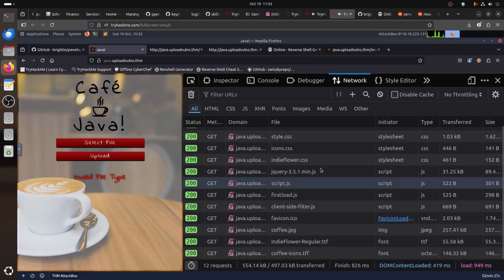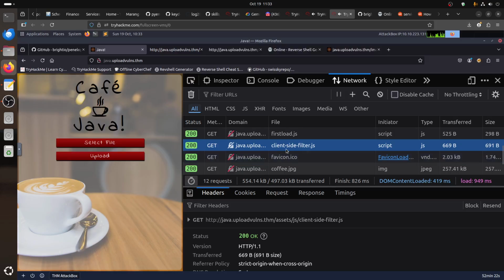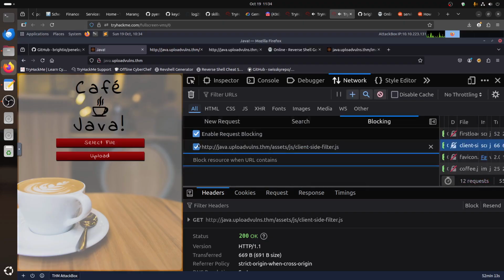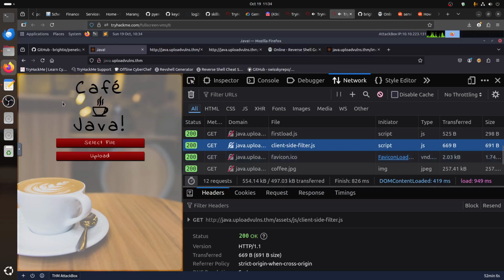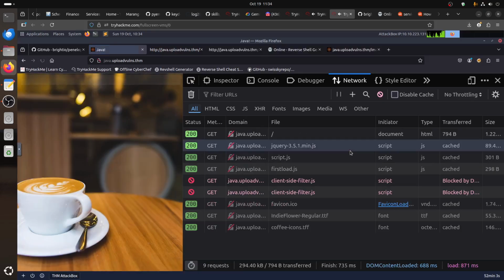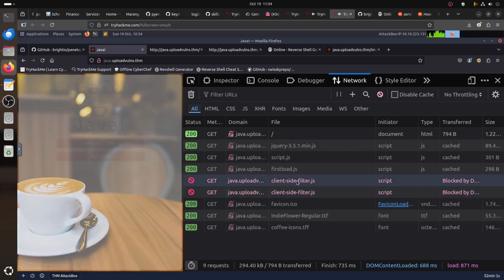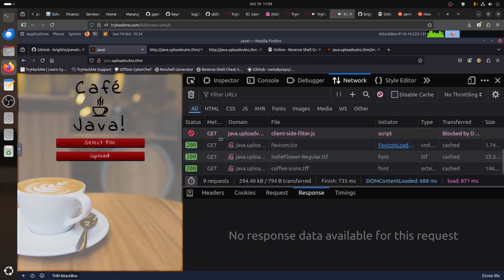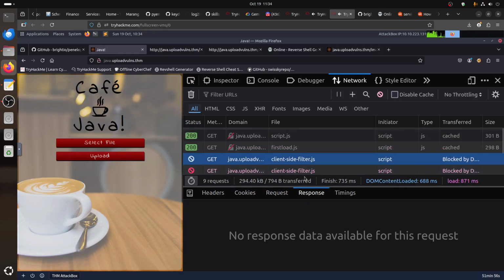Okay, now I look for this script. This is the script that is making the problem, this client thing. I can just click here. You can just do this and click block URL, and it comes here and says blocked. Cool. Now I go back to network, refresh this thing. You see, now I'm blocking it. It's red. Now if I do select now,